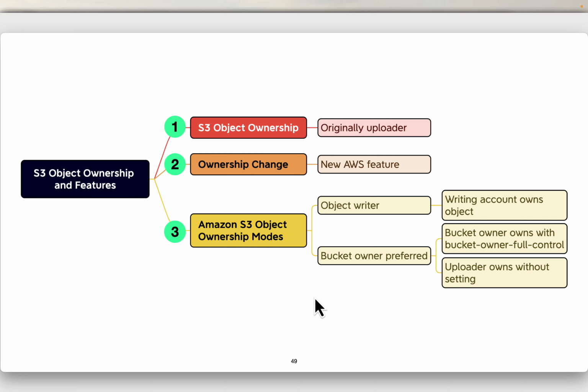Then you have bucket owner preferred. The bucket owner will own the object if uploaded with the bucket owner full control canned ACL. So there is an ACL called bucket owner full control. So the bucket owner will own the object if this canned ACL is used, and without this setting and the canned ACL, the object is uploaded to the bucket but remains owned by the uploading account. So whoever owns the account, but there is a canned ACL, bucket owner full control. So otherwise, it is whoever has uploaded the object, not the account to which it gets uploaded to.